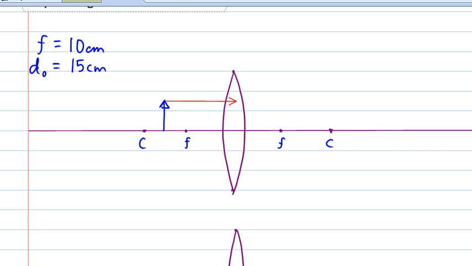Now, when you're drawing rays for lenses, you could take the time to draw in every single normal and try to do Snell's law, or you could pretend that the ray goes to the middle of the lens and then does what the rules tell us. And in this case, the rule tells us that a ray that goes in parallel comes out and goes through the focus. Okay? The second ray is one that starts at the tip of the arrow and goes through the